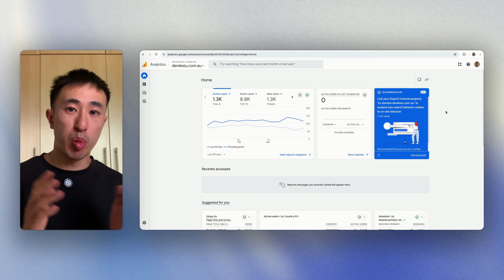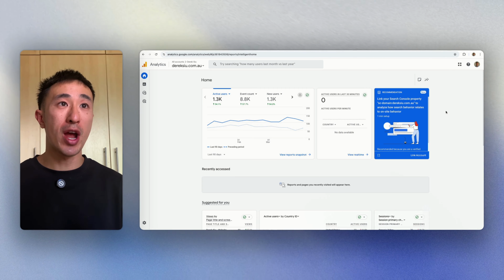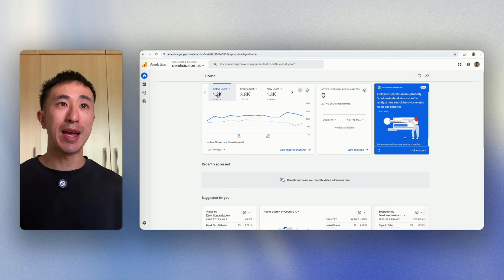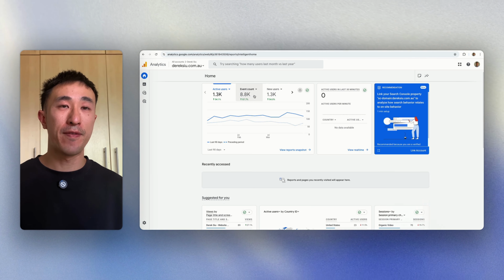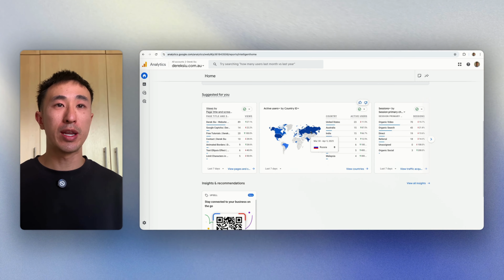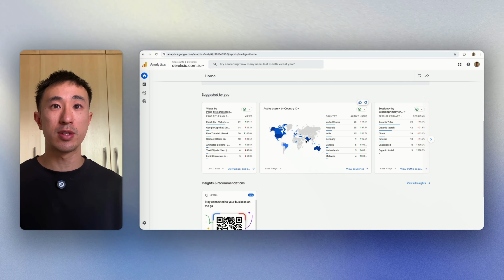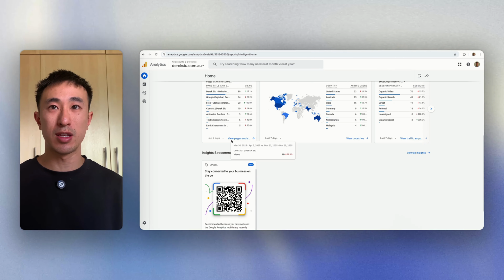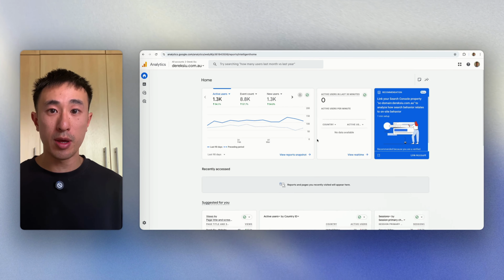Google Analytics is a popular and simple way to track your website users. In this example of my website, dereksu.com.au, we can see how many active users there are, the event count, how many new users, we can even see the demographic of where the users are coming from, as well as what specific page they are looking at. So there's a lot of stats you can learn, and in this tutorial, I'll teach you how to install it